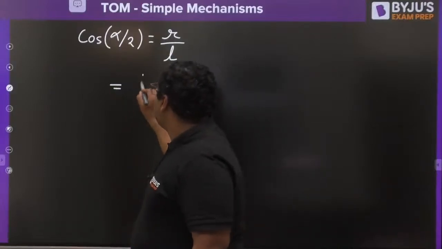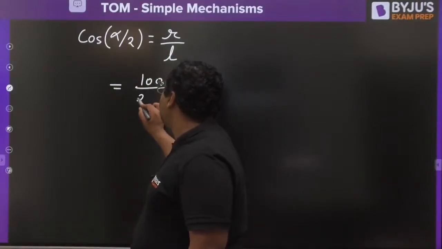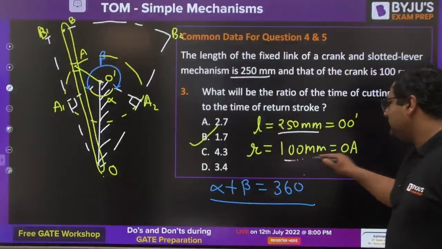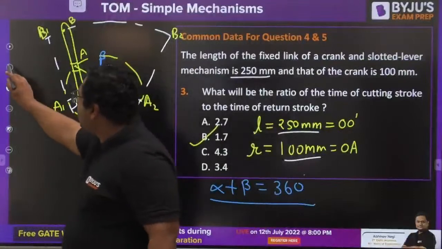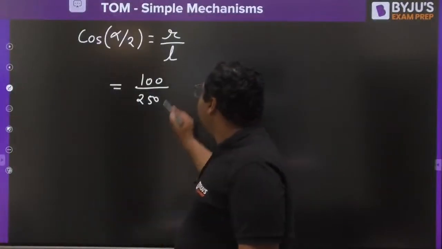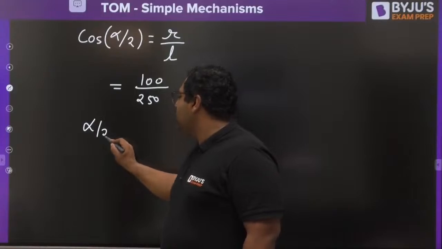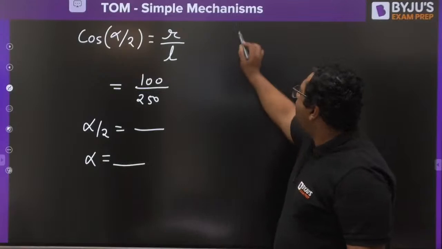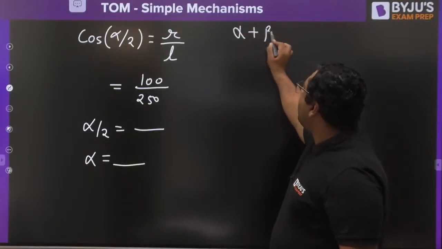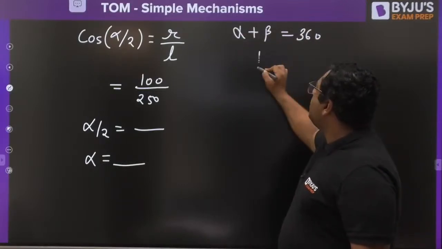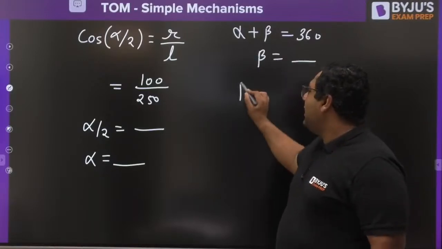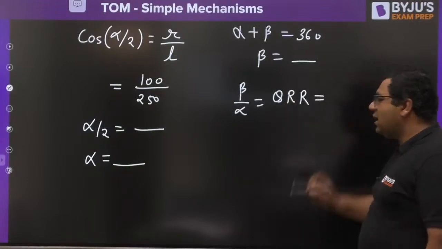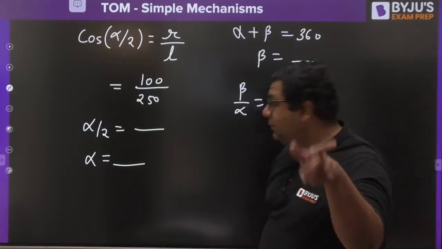You know, R is given as 100 mm, L is given as 250 mm. Is it correct? 100 and 250 is correct? Yes. So guys, when you will be putting this 100 and 250 value, then my dear, you will be getting the alpha by 2 value. From this you will be getting alpha. And you know my dear, beta plus alpha is 360. You will be getting the value of beta. And beta by alpha is the quick return ratio, which is the question asked from you. So my dear, you must be getting alpha as